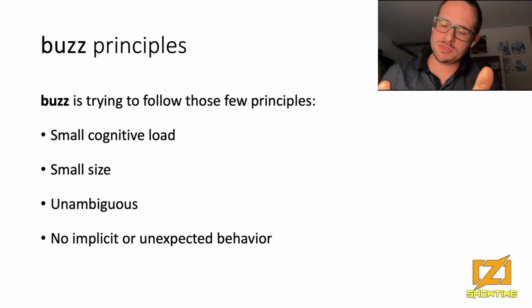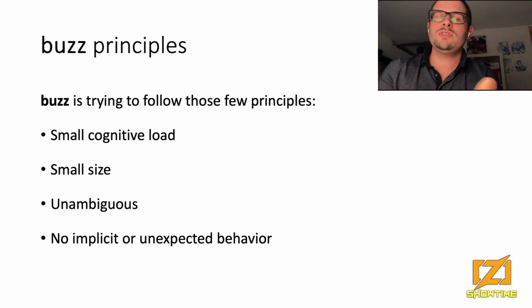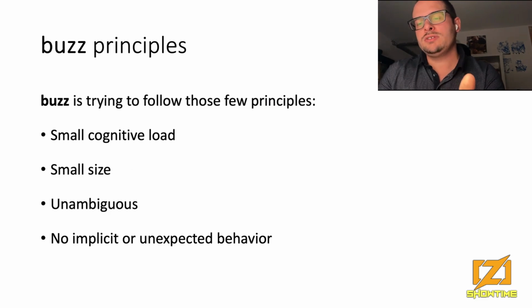I want it also to be small in size. So I think it's there. It's quite small. I'd compare it to Lua in terms of size. Other things I want to enforce is I want to avoid implicit or unexpected behaviors. And what I mean by that is that I don't want the language to do things that you can't know about by reading the code alone. So there's no coercions, very little coercions in Buzz, and there's little inferring of types or those kind of things.